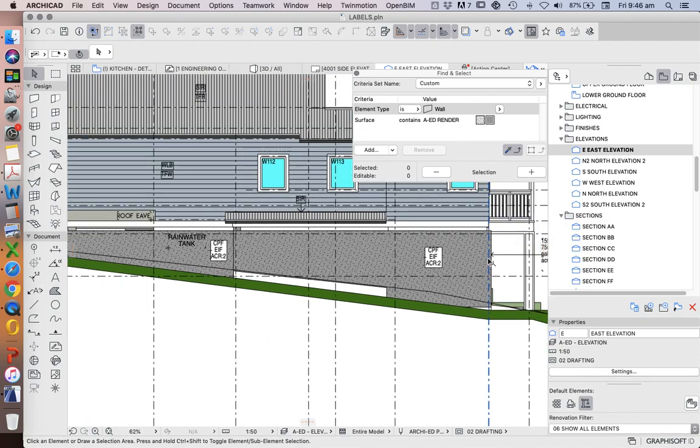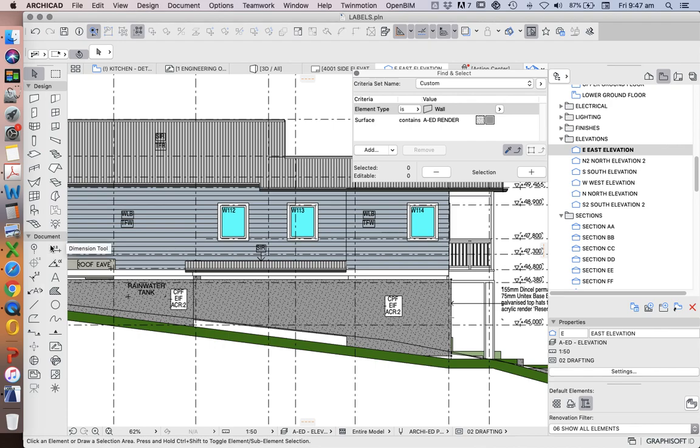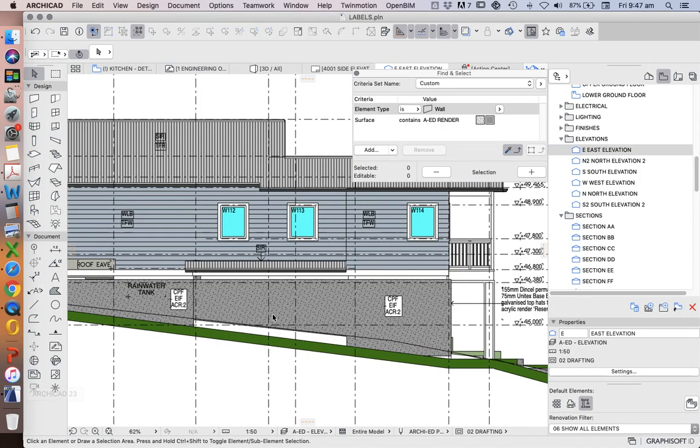So what are we talking about? We're talking about BIM. We're talking about automation. We have a system now that's automated. It's still reliant on other things in this case. It's still reliant on my Excel spreadsheet, but what I will do with this Excel spreadsheet once it's finished is I will drag and drop this information, copy paste it, from Excel into ArchiCAD, which means back on my layouts,